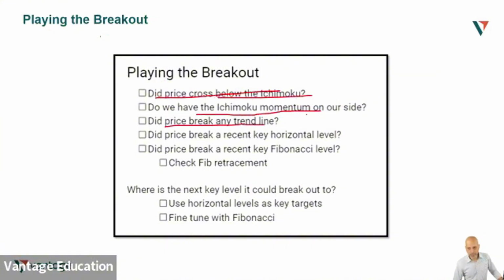Did we see price break through any significant trend lines or channels? Did we also see price break through any key horizontal levels? Remember, horizontal levels can be supports and resistances. And also did price break through key Fibonacci levels as well. All right, now with that, we're going to move on over to the live chart in TradingView and do some examples